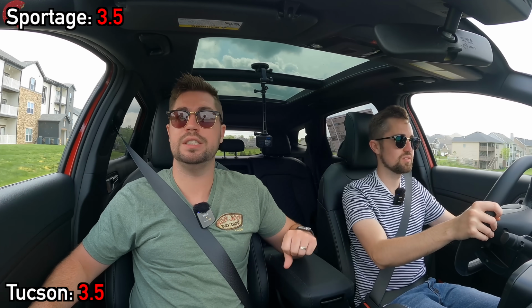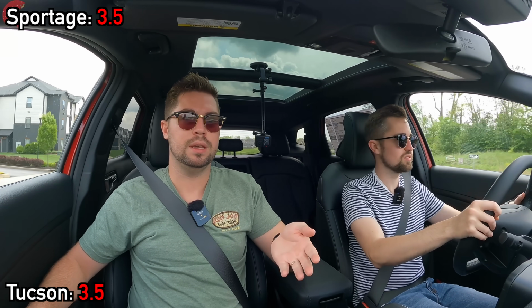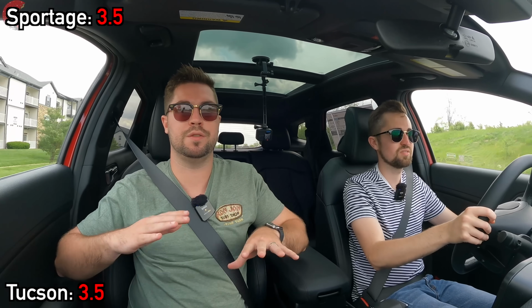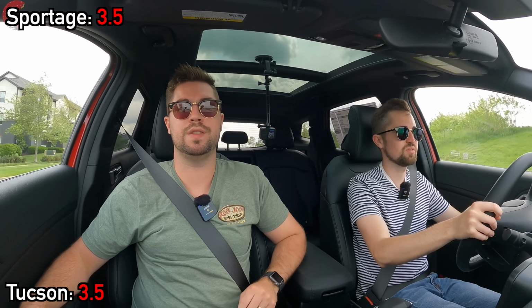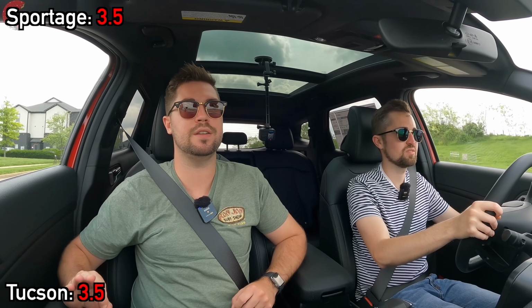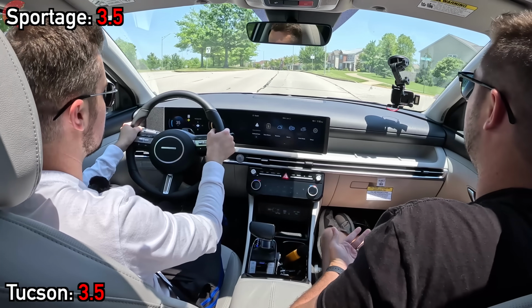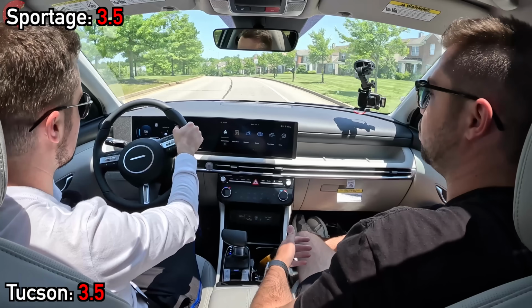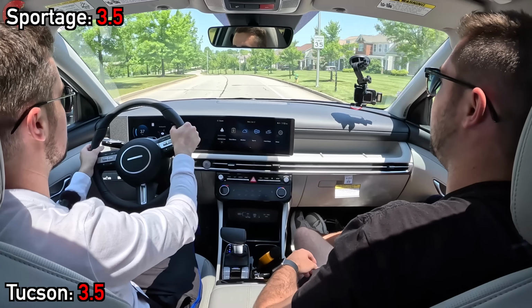I find these front seats to be quite comfortable, even as you hit decent road intrusions and some different textures. It doesn't let too much of that into the cabin, even despite us having the larger 19-inch alloy wheels. And I also want to take a second here to talk about ride quality as well. That was one of the very first things that I noticed when we got behind the wheel of this SEL